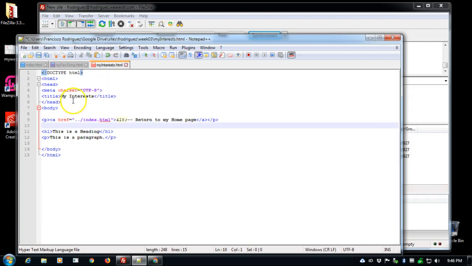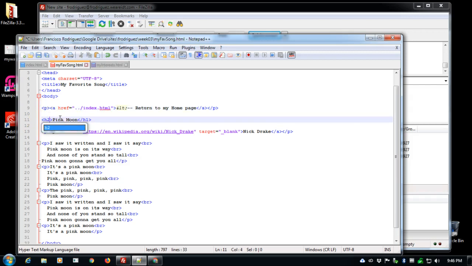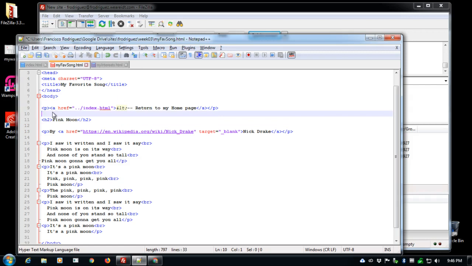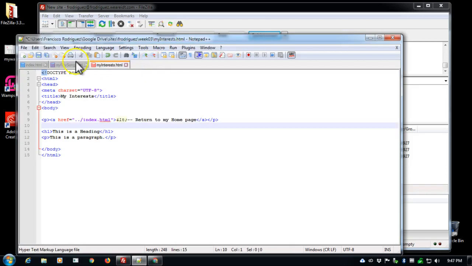This is already called my interest, it's already called my favorite song. Although this has Pink Moon, that's why I have that code. This should actually be an H2, because the heading that I asked you to use is actually before the H2. I don't know what happened there.